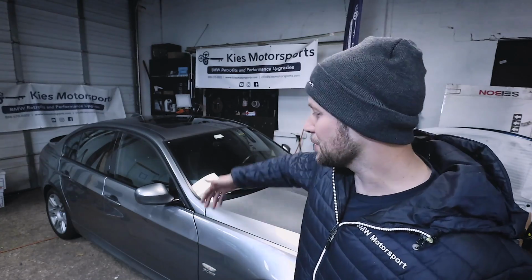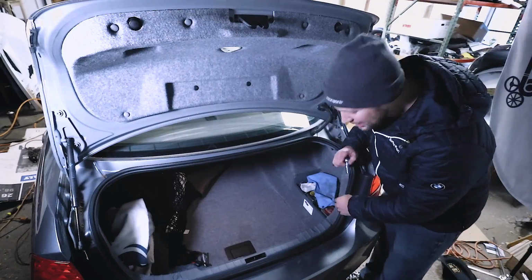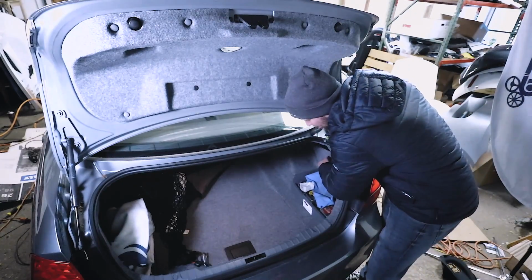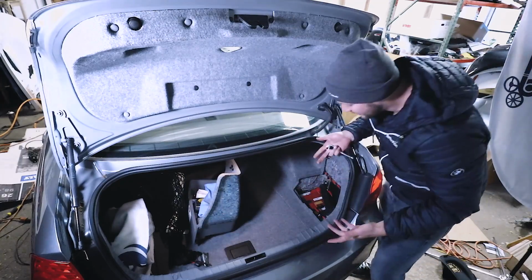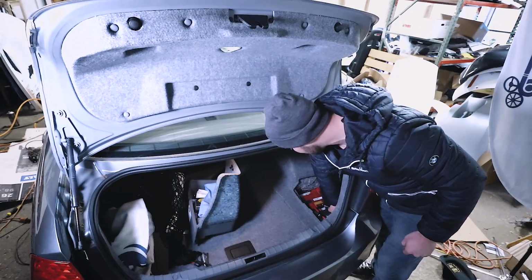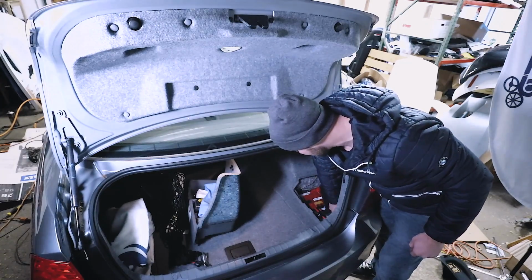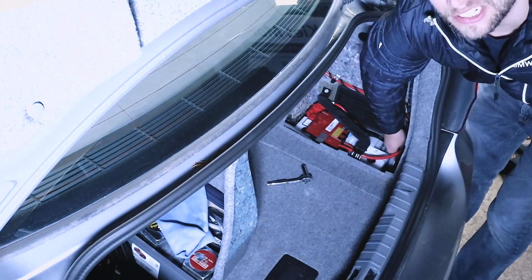So today, we are working on this BMW E90, and we're going to show you how to install a BimmerTech Rear View Camera. Whenever you're working on any electrical components in your BMW, you always want to make sure that you disconnect the negative terminal of the battery. So in the E90, the battery sits right back here. Just take a 10mm, loosen that nut, just remove the terminal, and then you can press it down right there